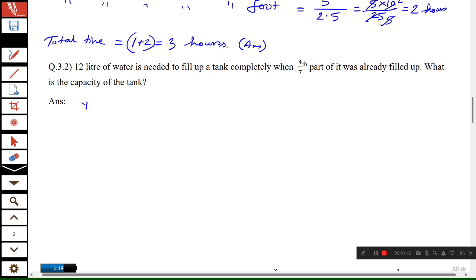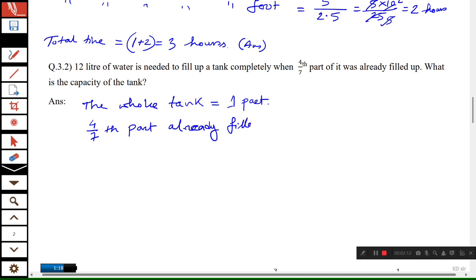So if the whole tank is equal to 1 part, whole tank is 1 part, okay, so 4 by 7 part of it is already filled up, so the remaining